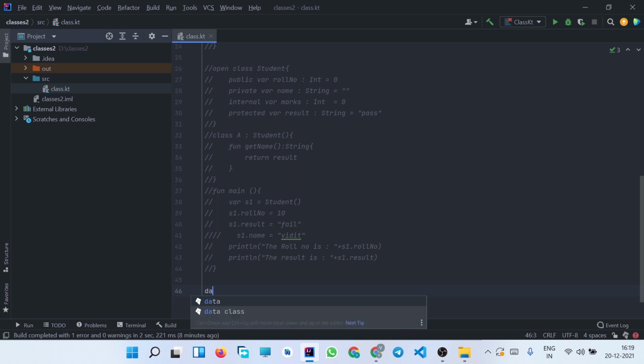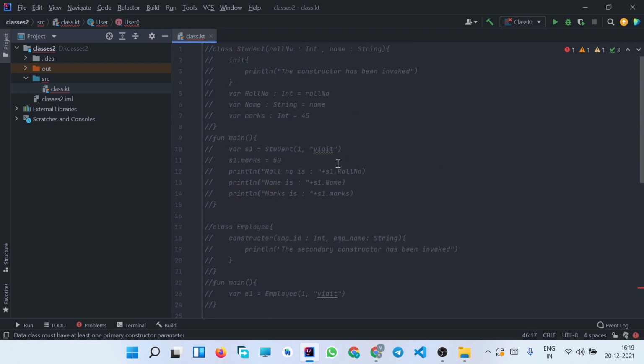So to declare a data class, we simply use the data keyword, and after that class followed by the name of the class, let's say User. And the first rule of declaring a data class is that all the primary constructor parameters need to be marked as val or var.